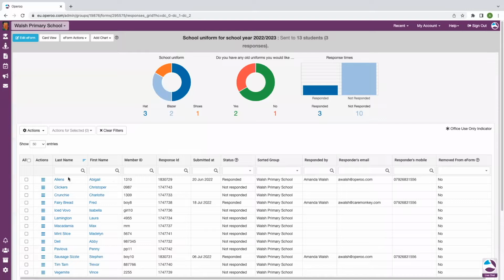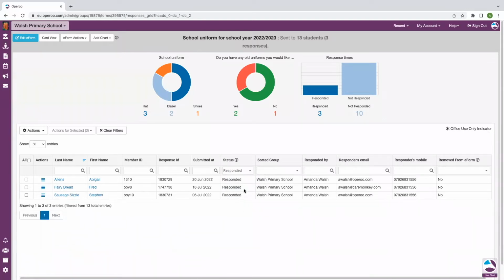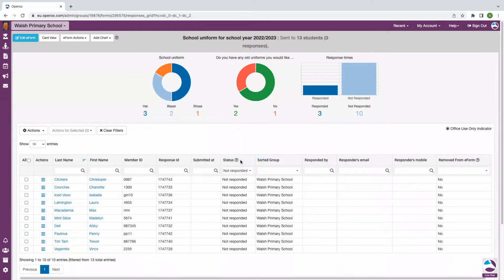These are searchable. So for example, if I wanted to show all of my responded forms, coming down here, clicking responded, I have 3. I've had a response for Abigail, Fred, and Stephen. If I wanted to show all my not responded forms, I've got 10. So it's showing me 1 of 10 entries from filtered 13. I've got 10 students where I don't have a response as yet. If I just clear that,